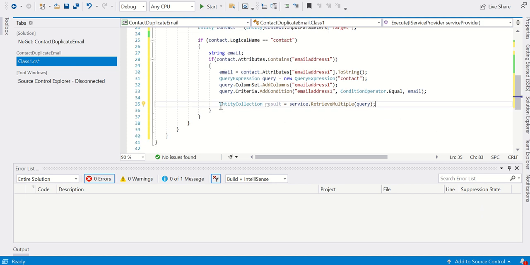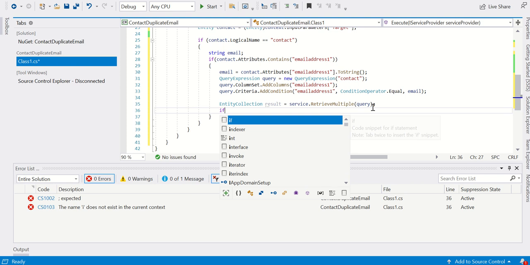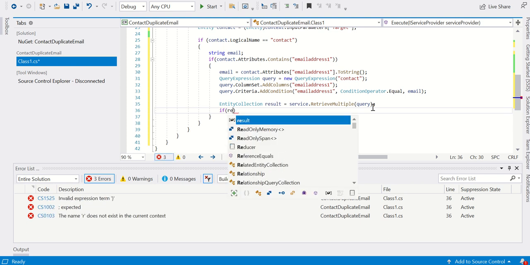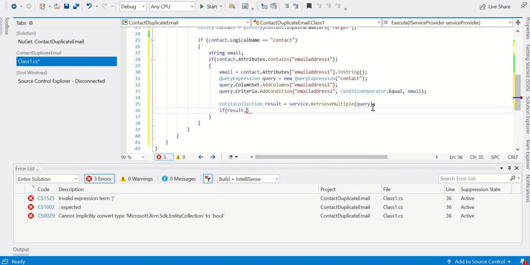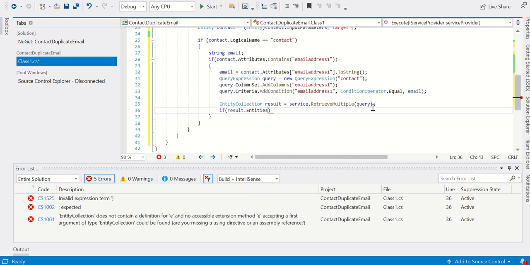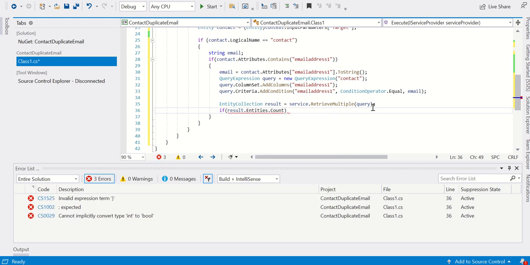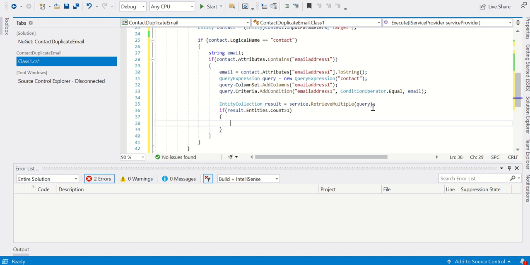When this line is executed, the query will be executed. Then I will check if result.Entities.Count is greater than 1. Okay, if it is greater than 1,